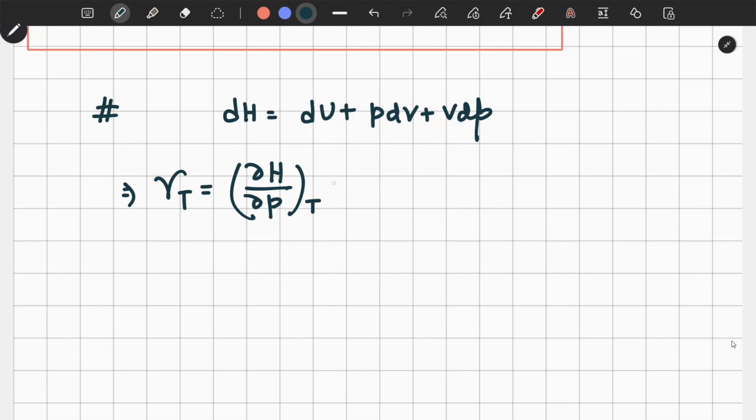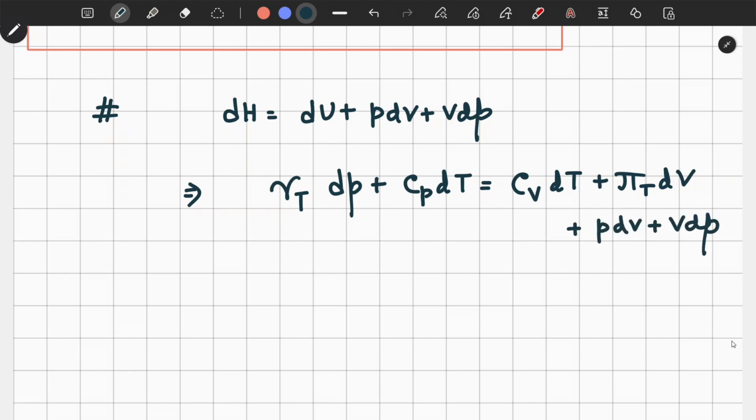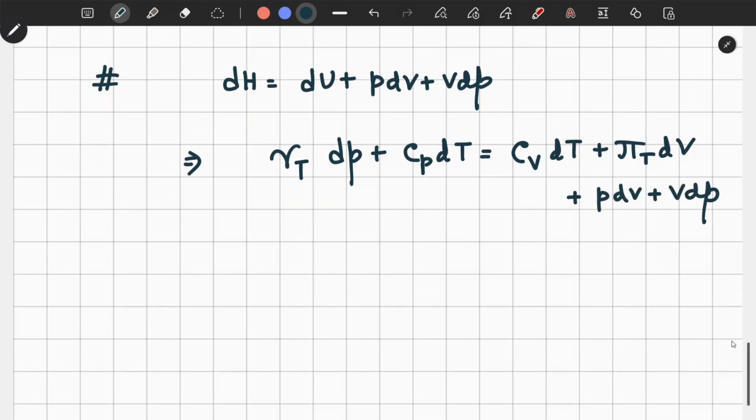Let me write it in a different way. dH we can write as CP dT plus gamma T dP, and dU as CV dT plus pi T dV. So this equation we can write, correct. Now if dT is 0, if you impose an isothermal process, then